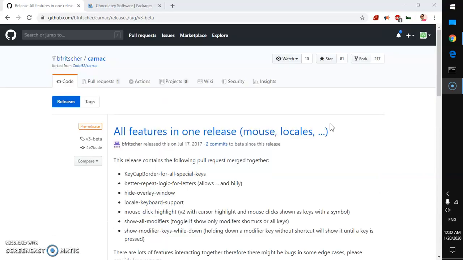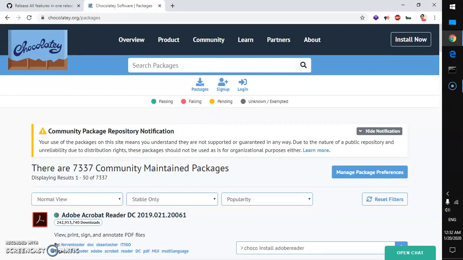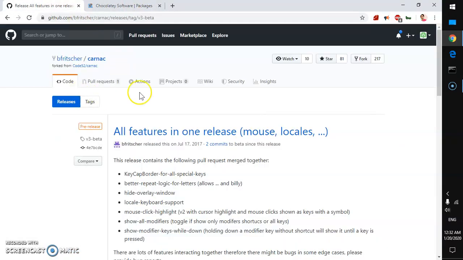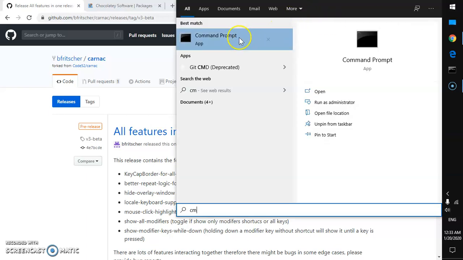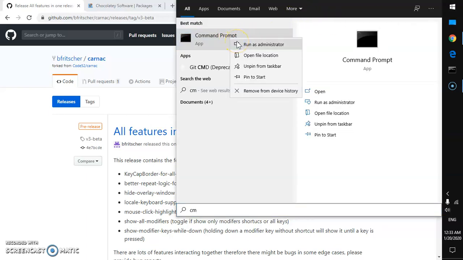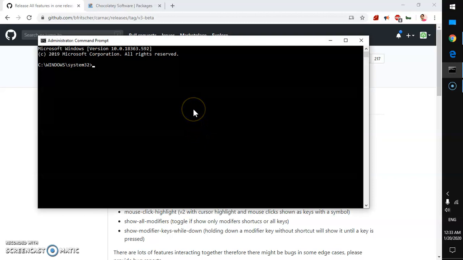However, I'm going to use Chocolatey installer, so basically Choco package manager, to install this cornac. This is the software name, cornac, which you can find from this repo. I will leave it in the description below, and I'm going to show you how you can install it with Choco. So I'm going to launch CMD, the command prompt. You can use PowerShell or command prompt on your system. Once you have your command prompt running with admin rights,